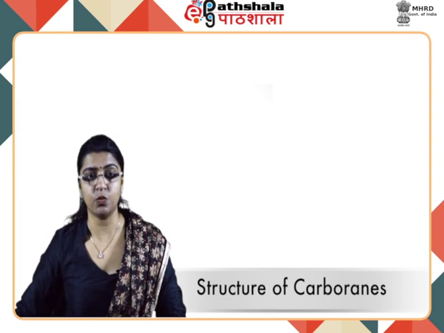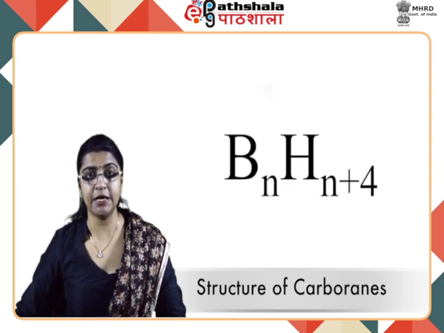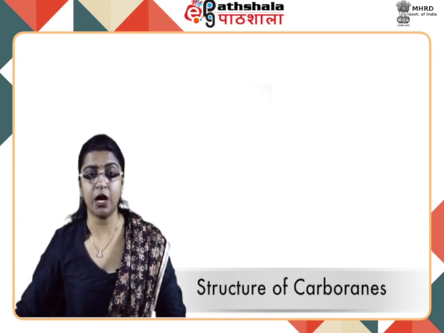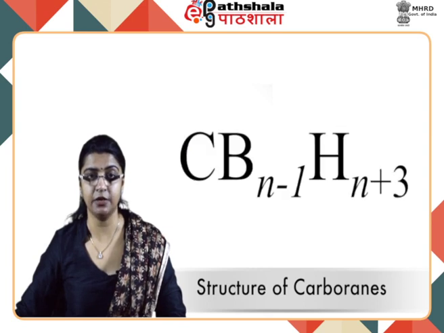If they are missing one vertex, they will be characterized as nido carboranes. If they are missing two vertices, they will be characterized as arachno compounds. Now let us look at the nido structures. Nido structures are adopted by neutral boranes having a general formula BnHn+4, and also the carboranes with general formula CBn-1Hn+3 and